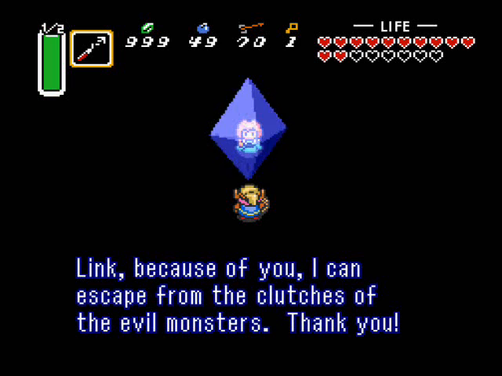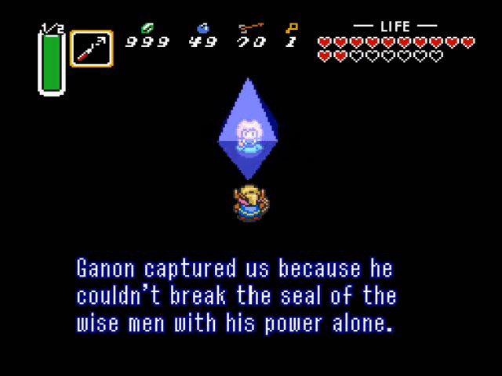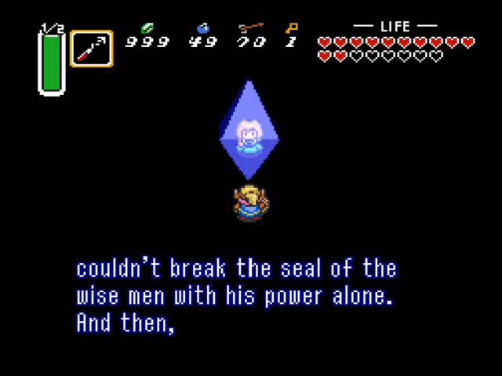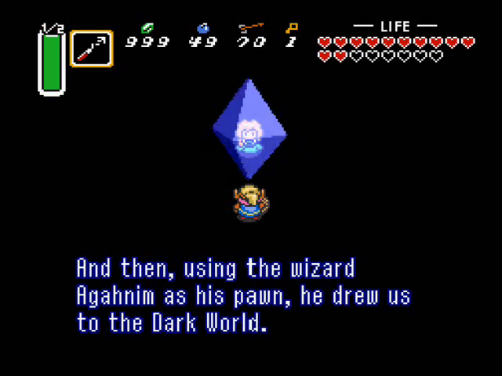Link, because of you, I can say something that everybody else says. Ganon captured us because he couldn't break the seal of the wise men with his power alone. And then, using the wizard Aghanim as his pawn...